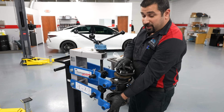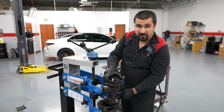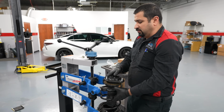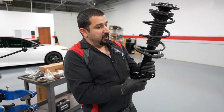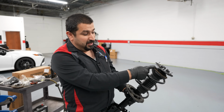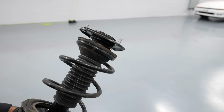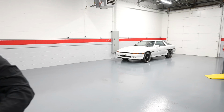Once you tighten your top nut, the danger is over. Because now even if something slips and falls, there's something that's going to hold it. There we go. I like how this looks. This is how a strut should look. Basically, our tab and opening is facing the outside, and that's what they wanted. Now this strut is missing one thing,